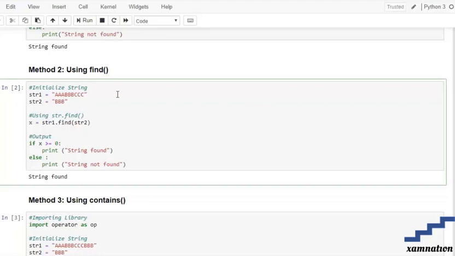So if there is another occurrence of the substring, the program is going to say that the string is found, but it won't be able to detect the other occurrence. What it does is, after searching for the substring in our string, whenever the substring first appears in string 1, it gives back the index of that particular substring